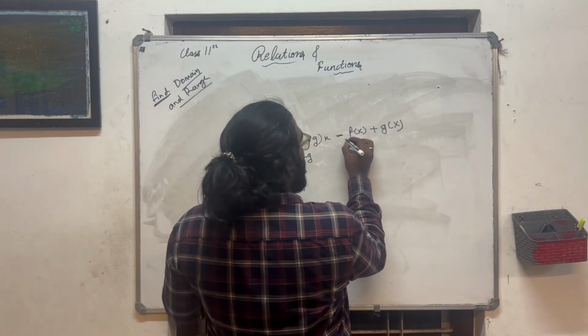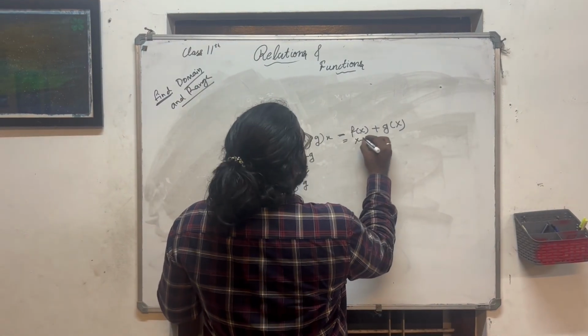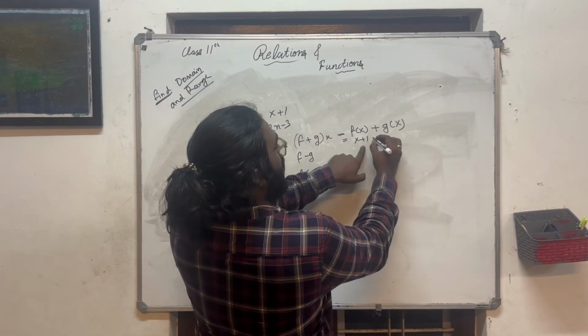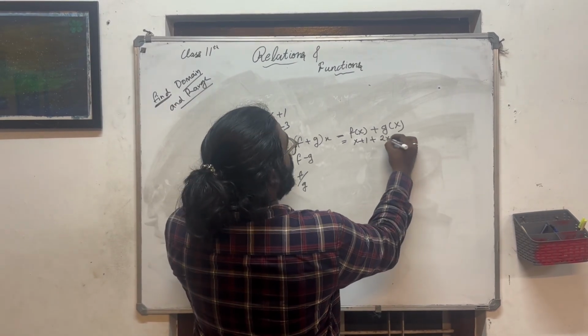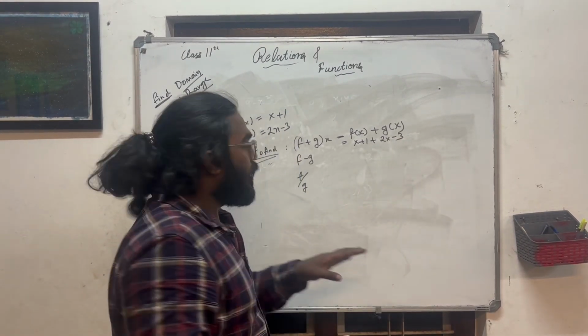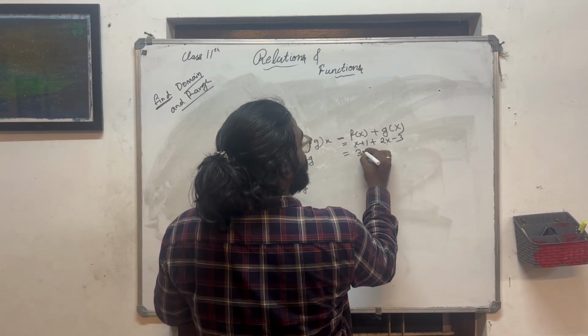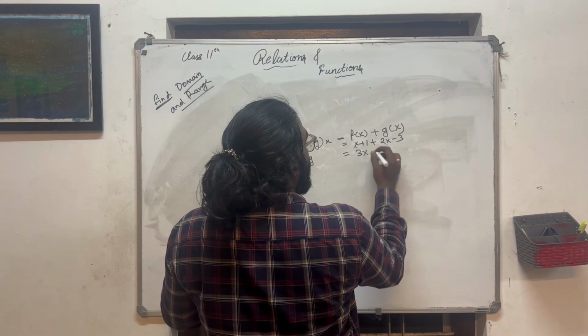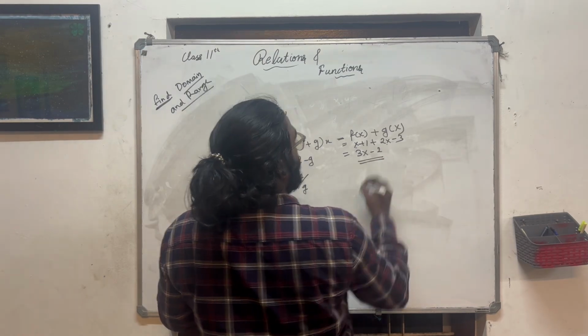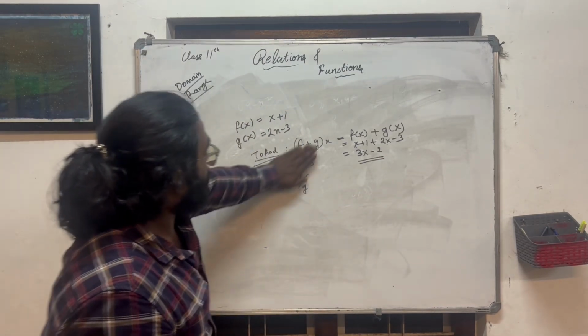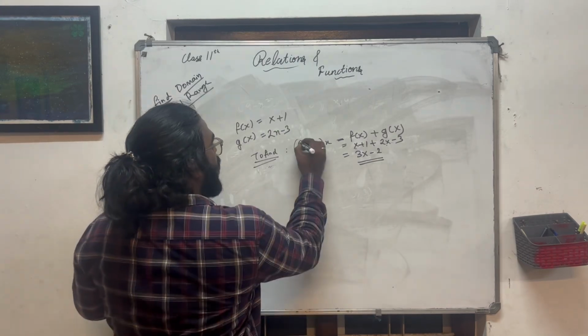तो f of x क्या है आपका? x plus 1. f of x मैंने डाल दिया, प्लस 2x minus 3. क्लियर? अभी क्या है आपका 2x plus x है 3x, 1 से 3 गया -2 है। ये आपका आंसर है, ये आपका इसका आंसर है।